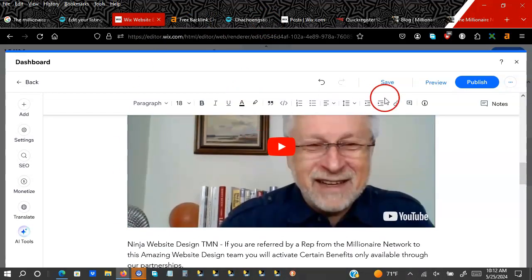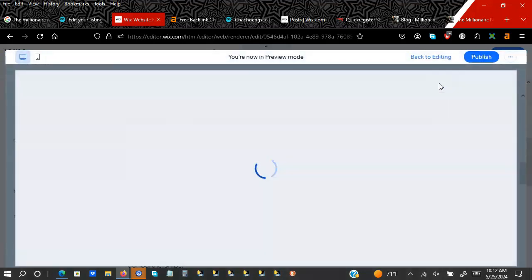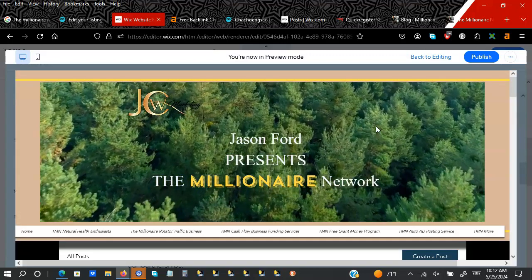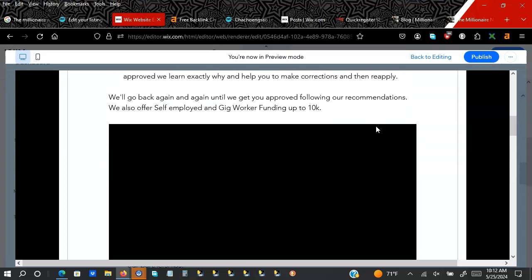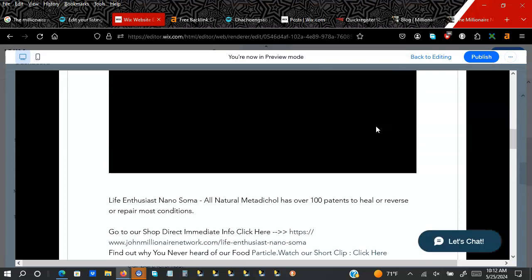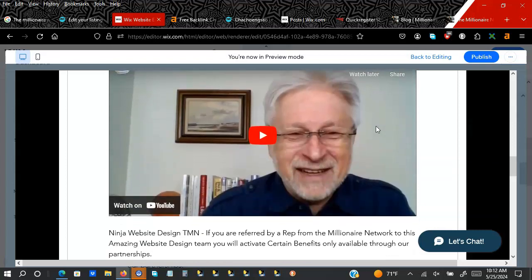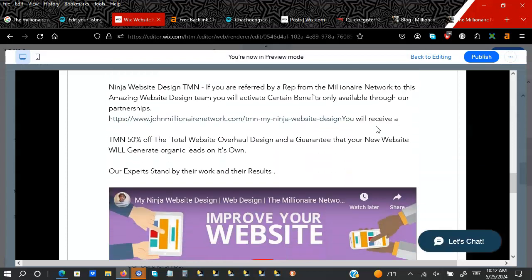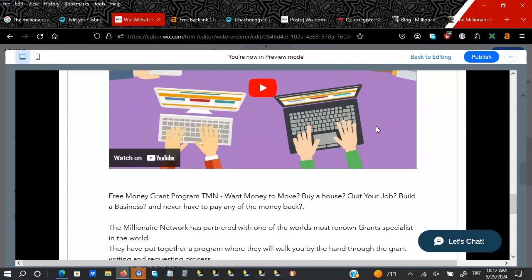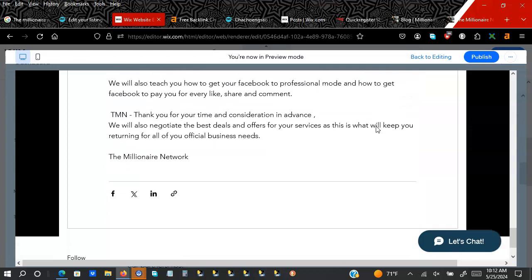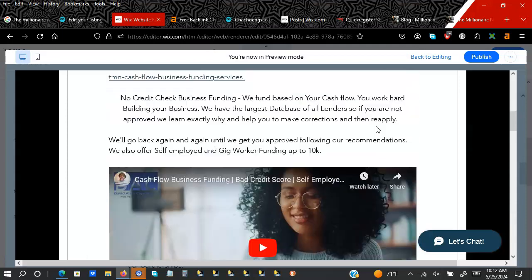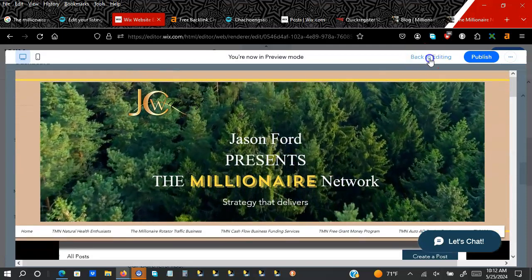Now we'll come over here. Now, you know, it auto saves. You can preview it, see how it looks. It'll give you a preview mode of how your blog will look on your page. And that sound you just heard on my phone is the sound of someone going to our website. Whenever someone goes to your website, you'll get a chime. Okay, and that's our first blog. Very easy.